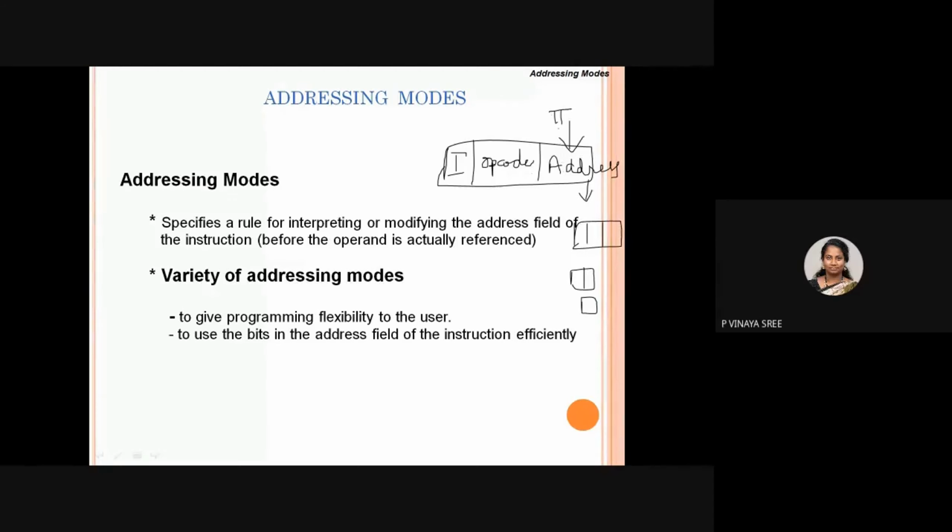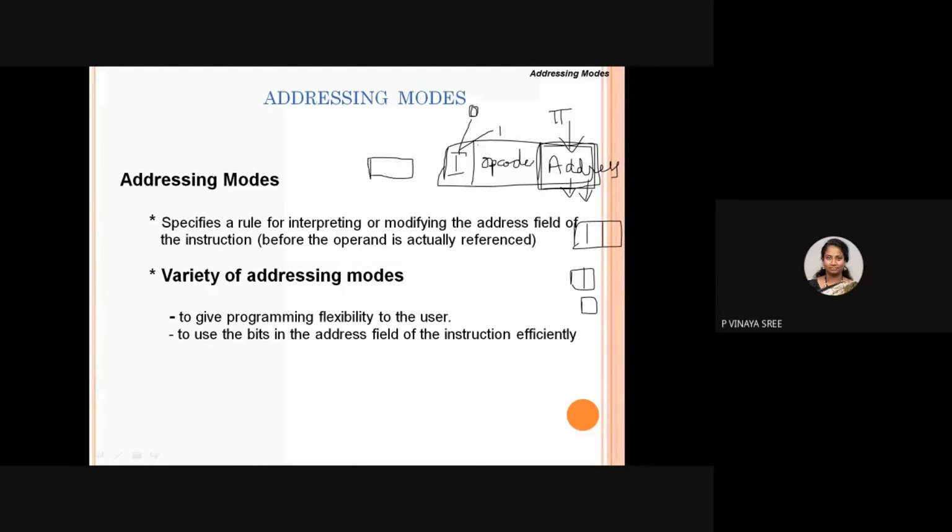In addressing modes, everyone knows about two different modes of addressing. If the mode bit is 0, then it is direct addressing, and if it is 1, it is indirect addressing. How many different ways can you access an operand? To access an operand means to access the data. This will be mentioned, so we are concentrating on this concept called address. If it is 0, then if you go to the specified address, you will get the operand or data.